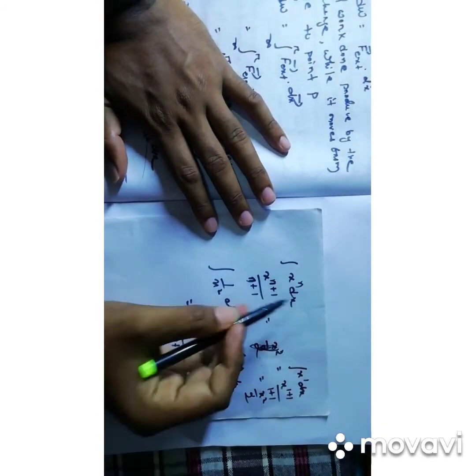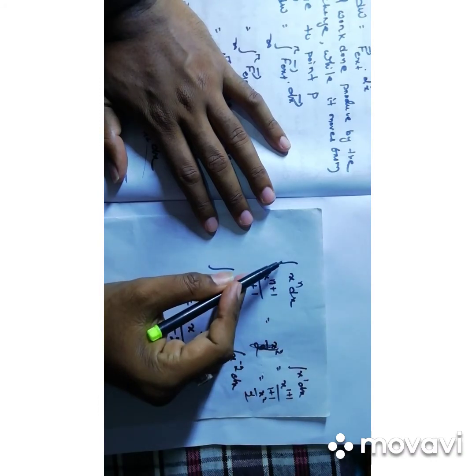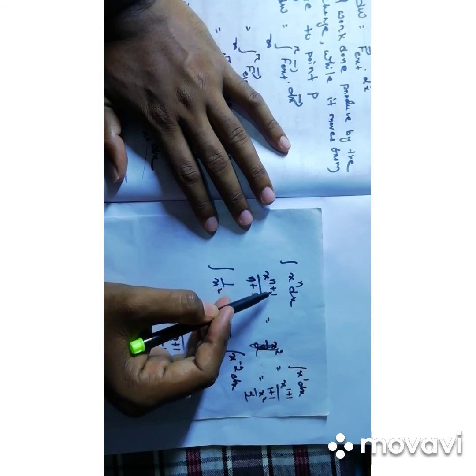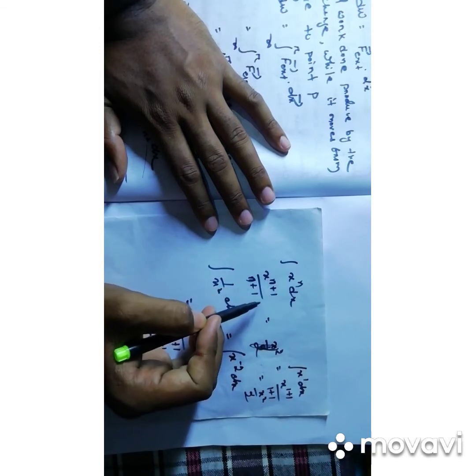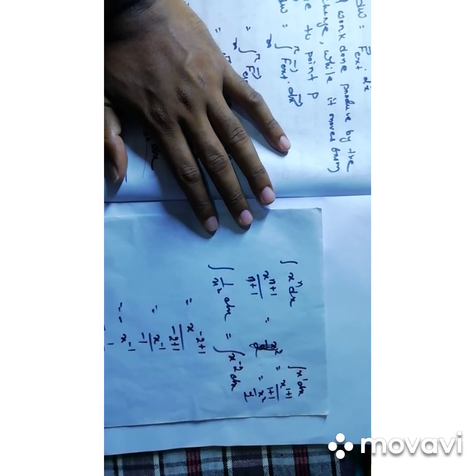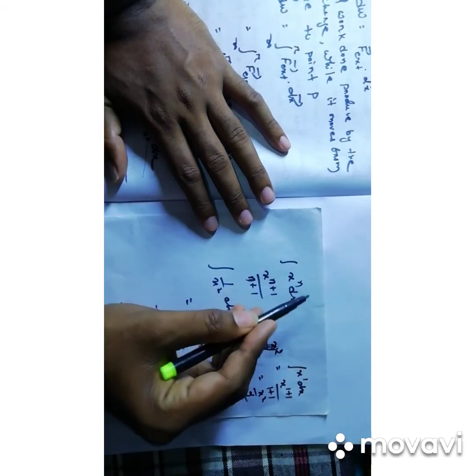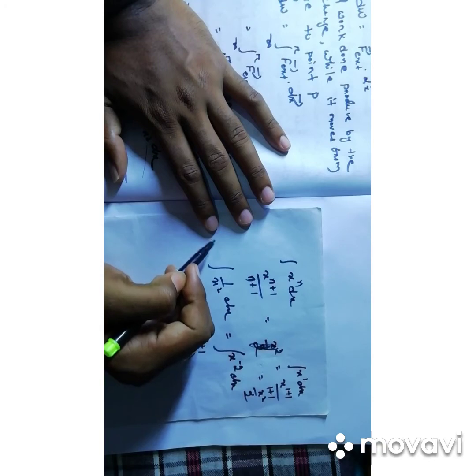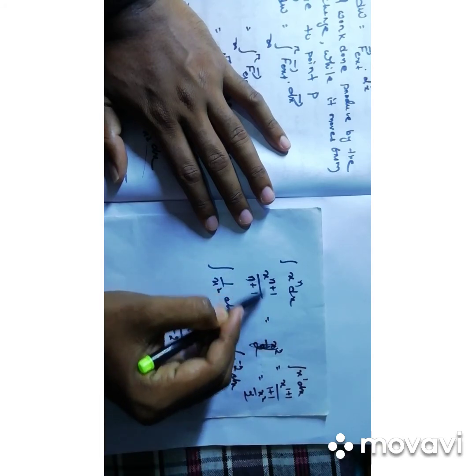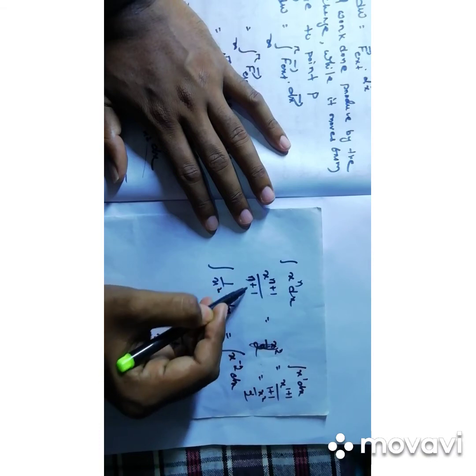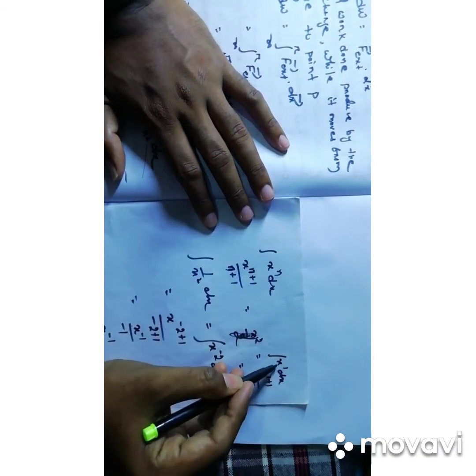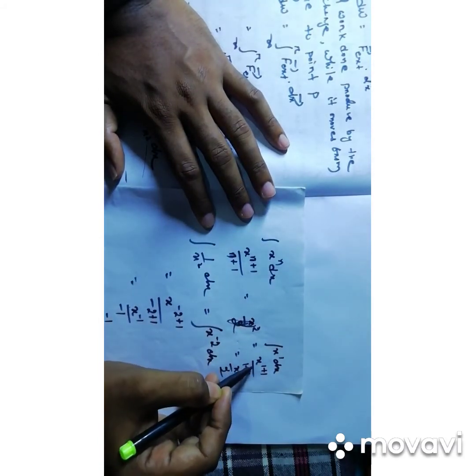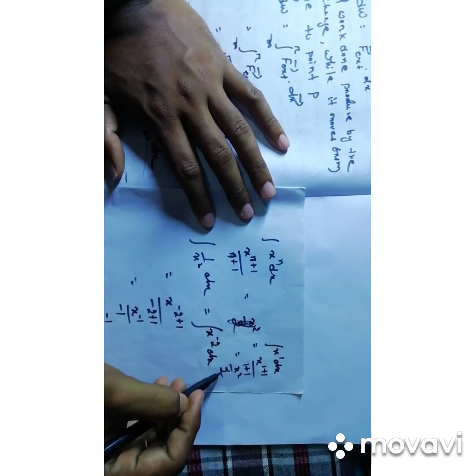Suppose we consider x to power n dx, and if we take its integration, it becomes x to power n, which is added by 1 unit, divided by the total addition, that is n plus 1. That means x whose power n is added by 1 unit, and the total power is what divides the variable. So that is x to power n plus 1 divided by n plus 1. Here, for example, x to power 1 dx can be represented as x to power 1 plus 1 divided by 1 plus 1, that is x square by 2.